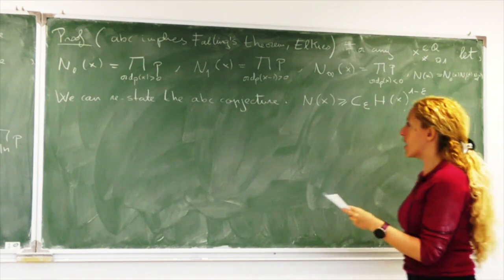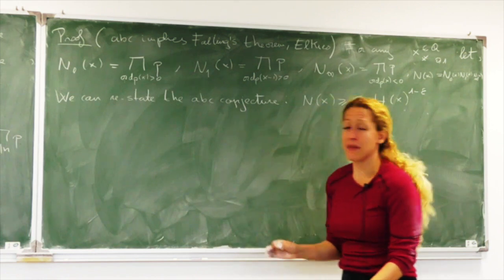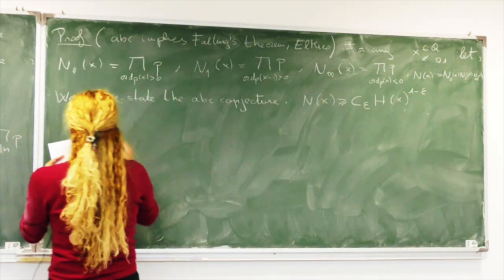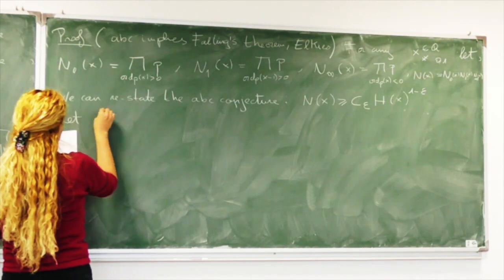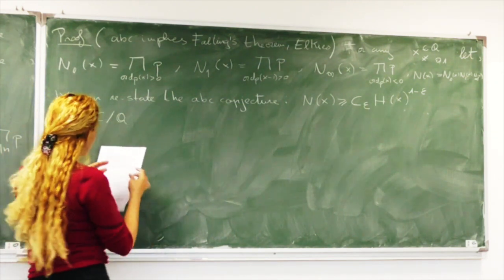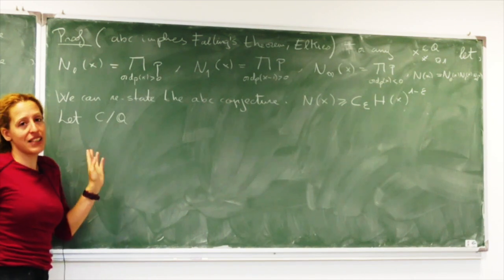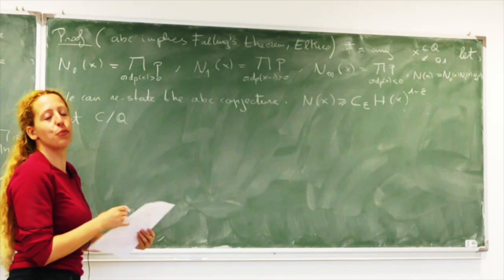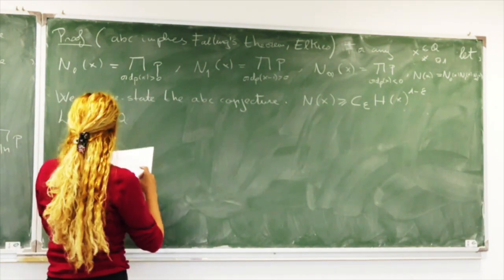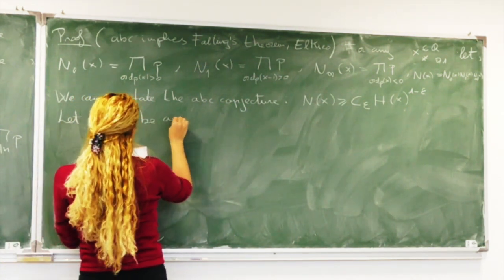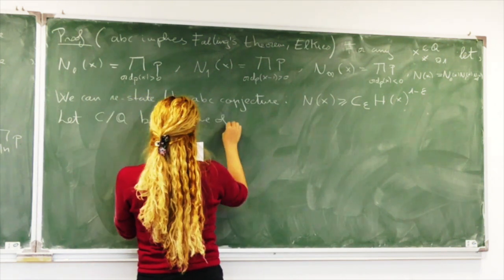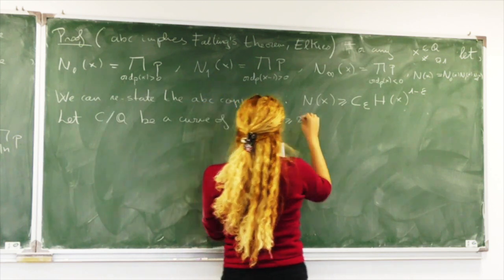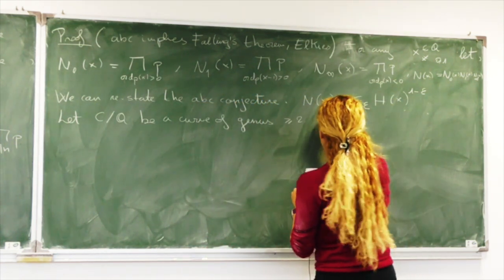Okay, so now let's take, because so far we haven't seen any geometry, and Falkens theorem is about geometry, so let's take our curve. I'm doing the proof over the rationals. Falkens theorem is over number fields, but we can just do it over the rationals, and the proof is very similar over any number field. Let C be a curve of genus greater or equal than 2. Then,